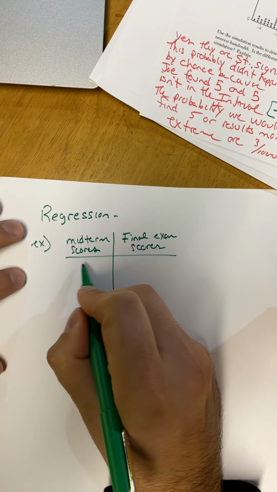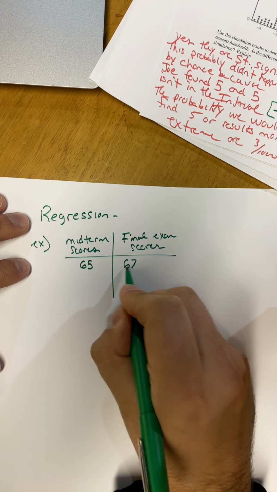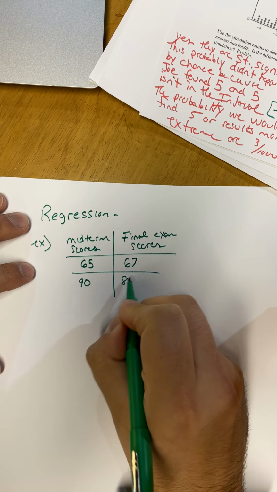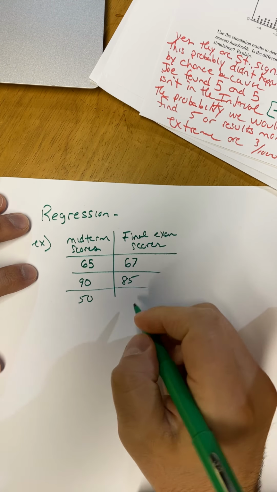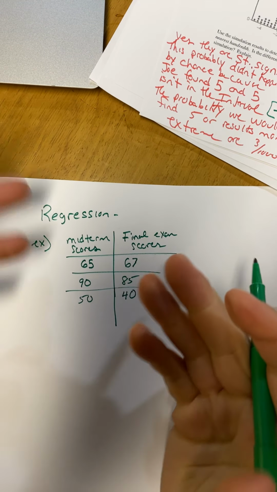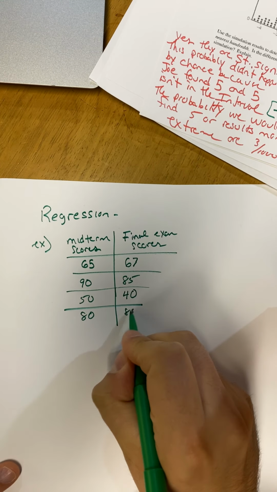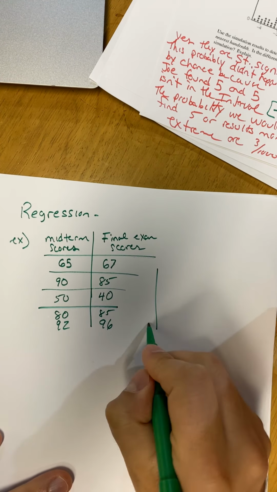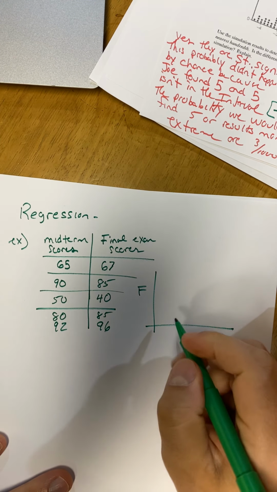So let's say I had here 65 and a 67. Landon, that's definitely you. And here 90, 85. Tom's 50. Tom, you did even worse. You got a 40 on that one. Now, these aren't students from my class. They just happen to say Landon and Tom. So, just kidding. 80, 85, 92, 96. So let's say I had these scores. All right, here's the midterm. Here's the final. Well, if I were to plot these,